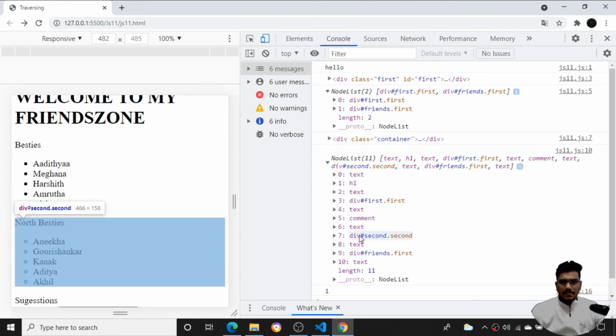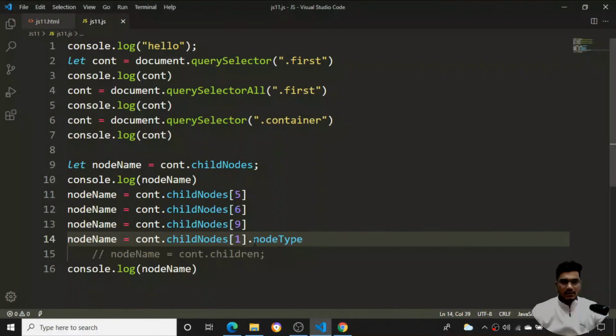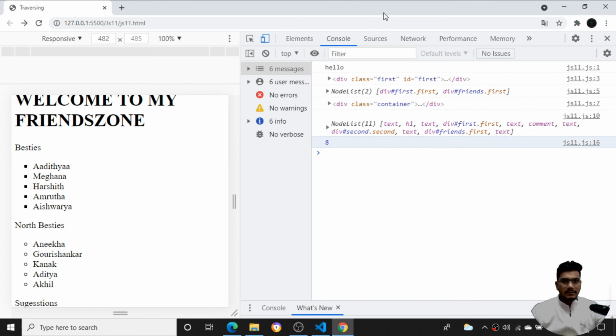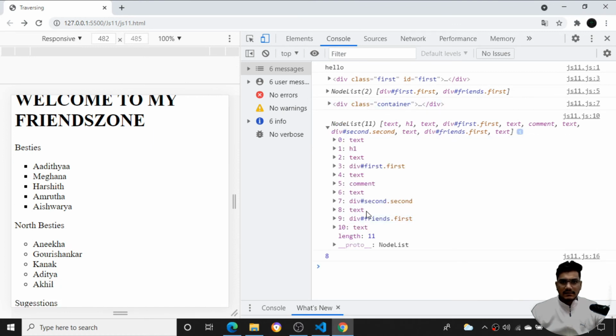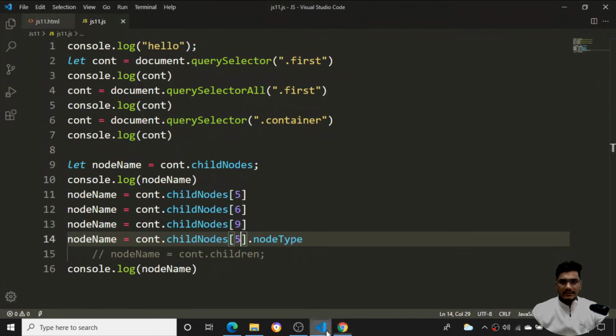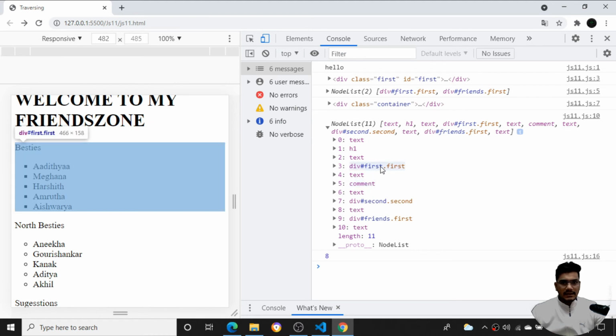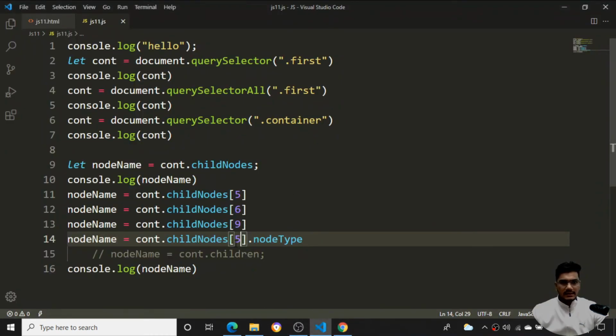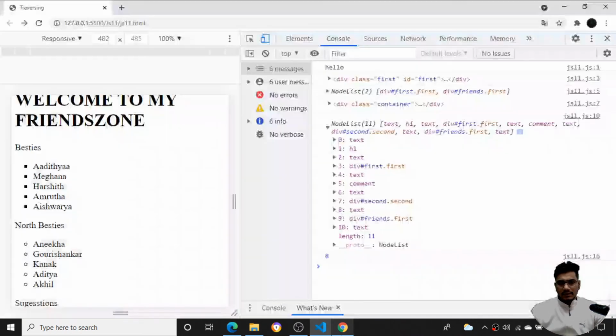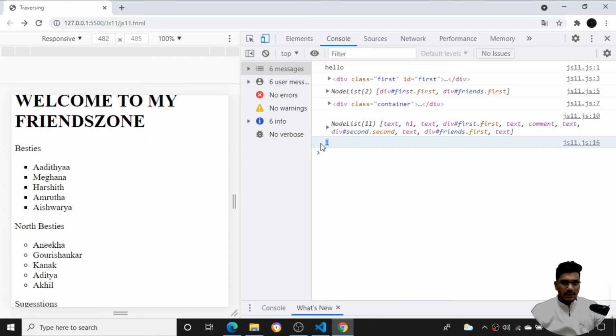If I select the node type of the comment, the 5th comment, you can see it is giving, sorry, the node type is 8. So we have a number of names for the node type. Comments we give as 8 as a node type, and for the text we will be giving something else. If I select the 3, the container, the node type will be different for different things. You can see the node type is 1 for that particular thing. We have 1, 3, 5 and 8. So we have a specific number for the comment, that is the node type.